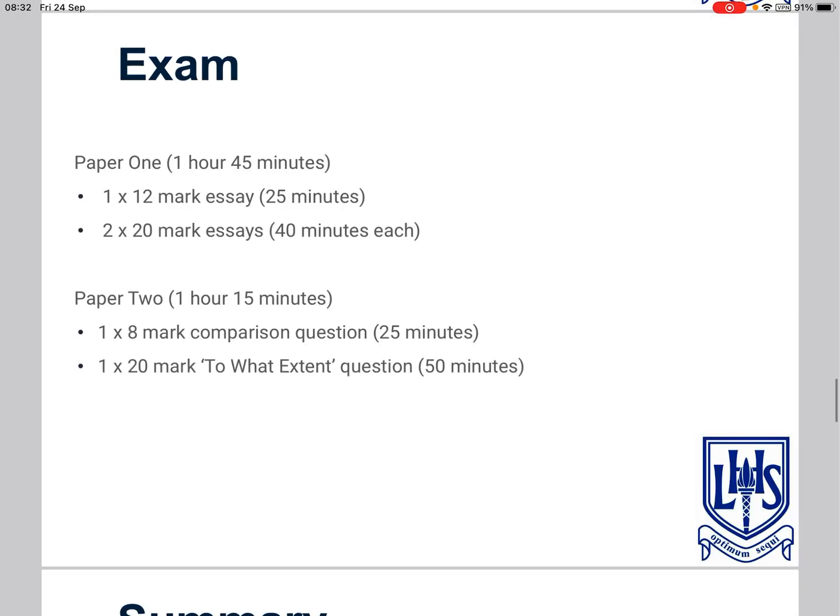The assignment has been skipped this year, but the exam instead is 3 hours long. Paper 1 is an hour 45 minutes with 3 essays, and paper 2 is an hour 15 minutes with 2 source questions. There's normally about an hour break in between, meaning pupils have time to revise content and prepare themselves